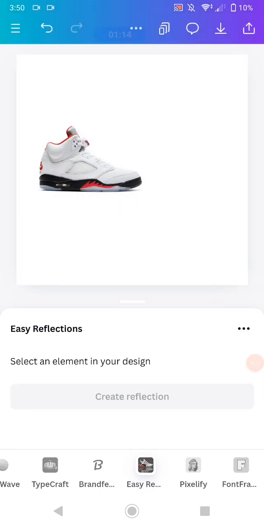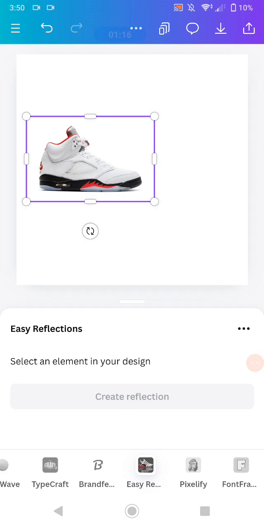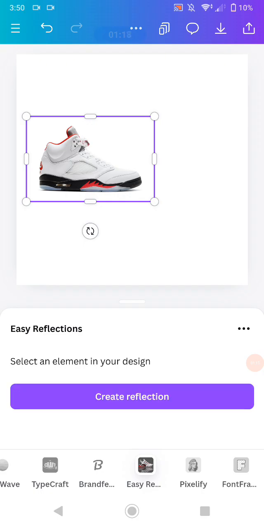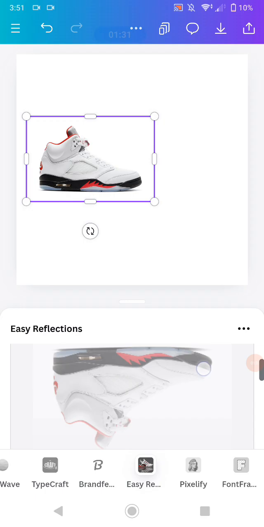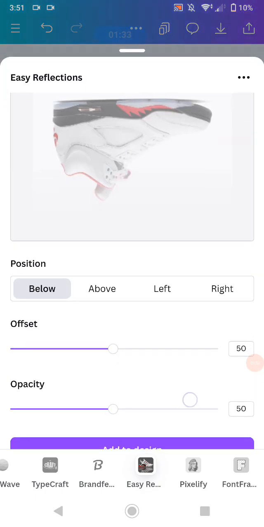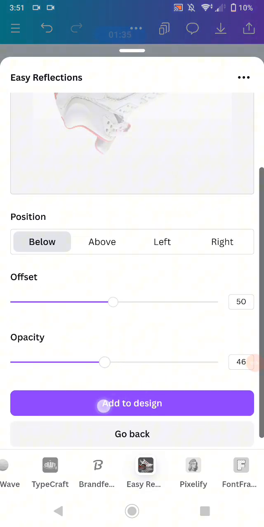Open the apps like this. Wait for a moment, and then you need to click the design that you added before. Make sure that you are adding the PNG type or JPG type file. Then create reflection, and now you can see you already have a reflection from your design. And for opacity, we need to decrease it to 50, and for the offset, increase it to 100 like that. Then click add to the design,